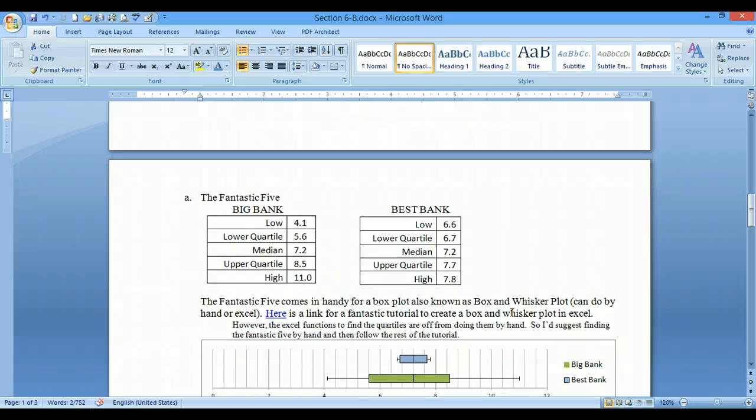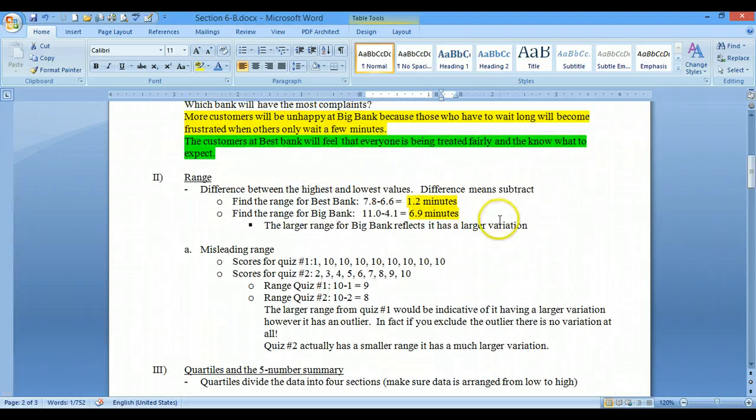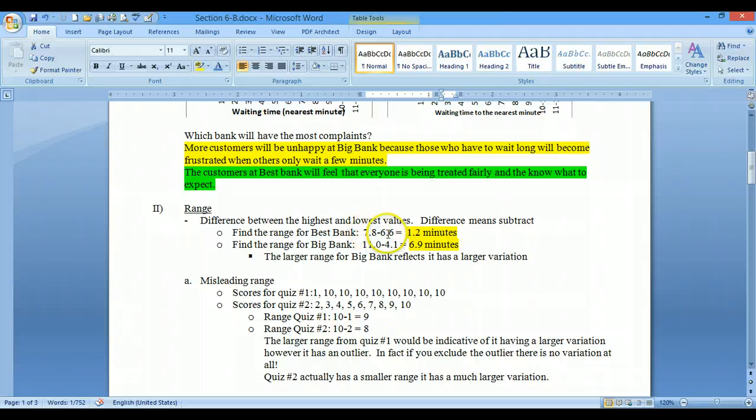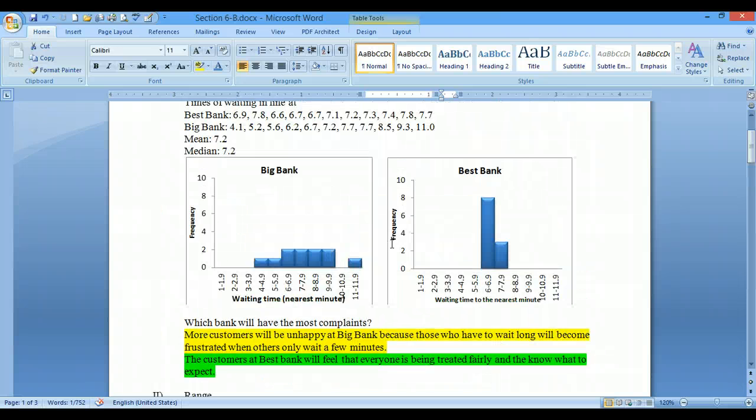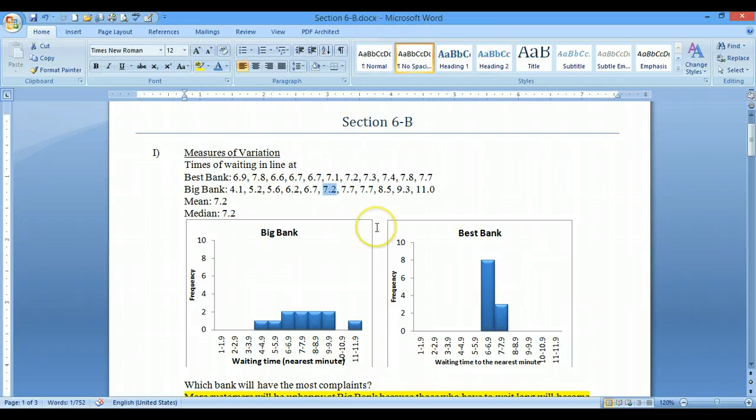All right. The Fantastic Five for Big Bank: we need our lower quartile, so we're just going to divide it in half, and divide it in half, and divide it in half. So the easy ones are finding the low and the high, which we already found when we found the range, 7.8 to 6.6 and 11 to 4.1. But then we're going to take our data here and find the median, which we did with 7.2. And then to find the lower quartile, we divide our data over here